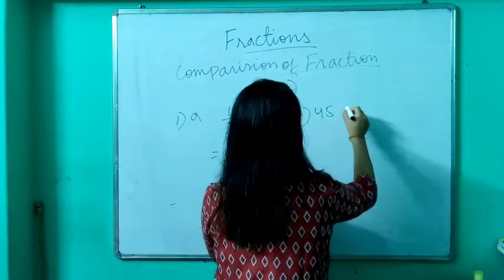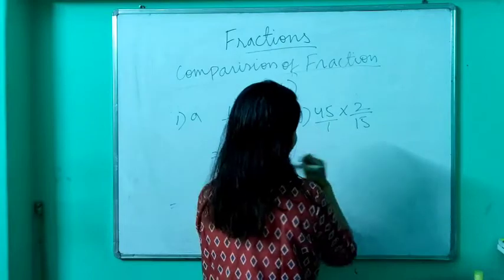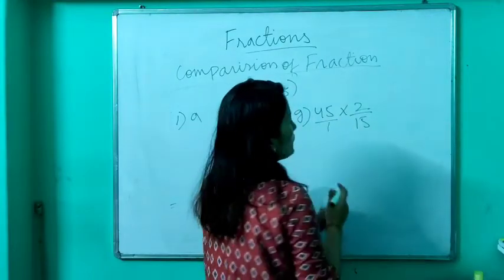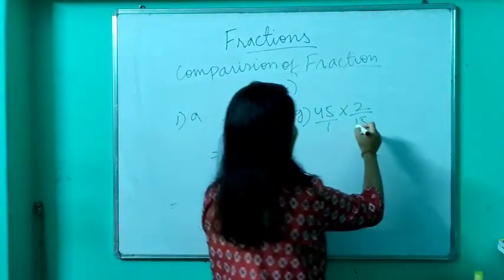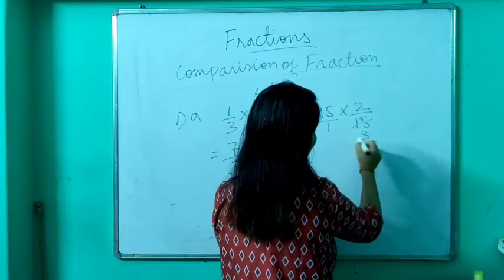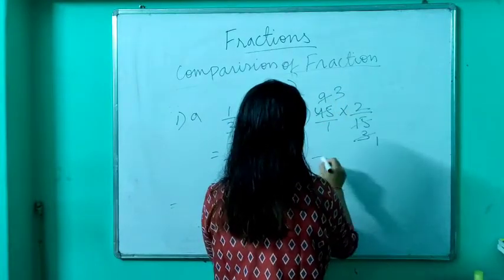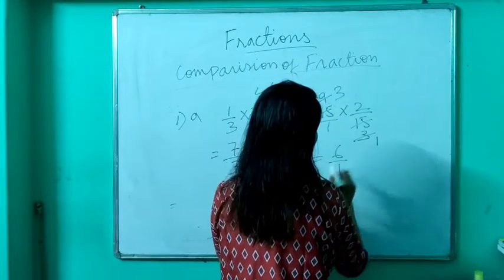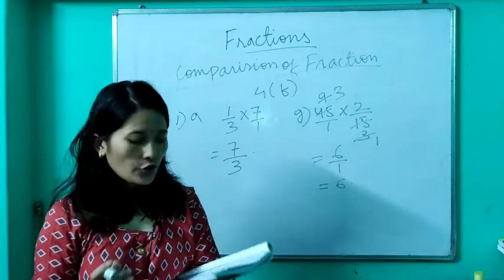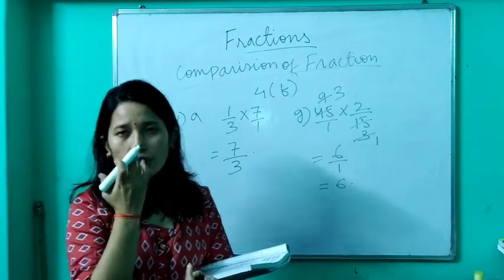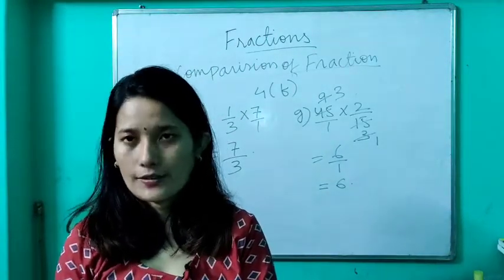Okay, now let us do question number G. 45 into 2 by 15. Like I told you, if you do not have anything in the denominator, place 1. Now the numerator and denominator, if it can be cancelled, then you can simply cancel it. So 5 3s are 15, 5 9s are 45, 3 1s are 3, 3 3s are 9. So 3 2s are 6 and in the denominator you have 1, so you simply can write it as 6. So this is how you multiply your fractions. Denominator and numerator, if it has more than 1 as a common factor, then you can simply cancel it.